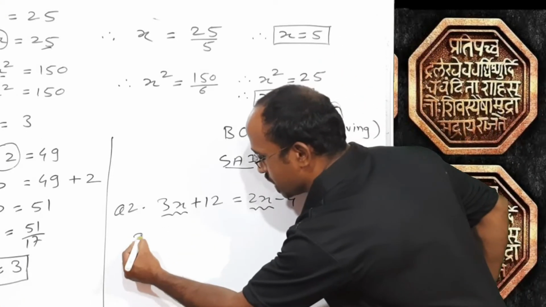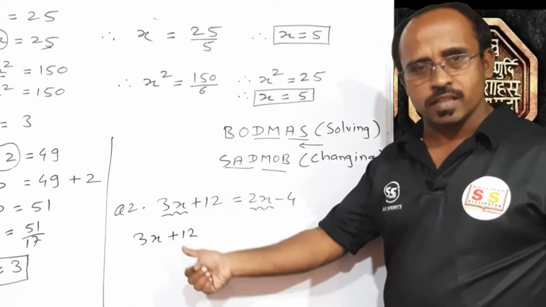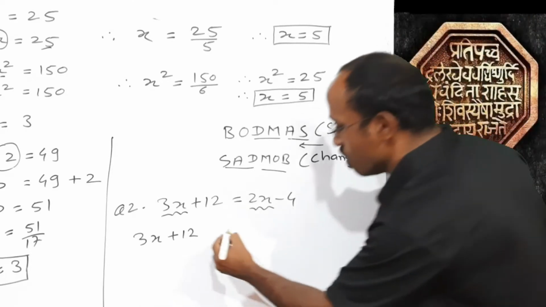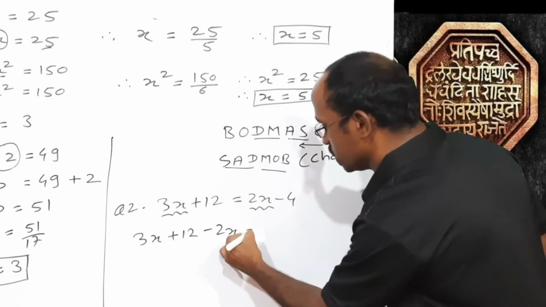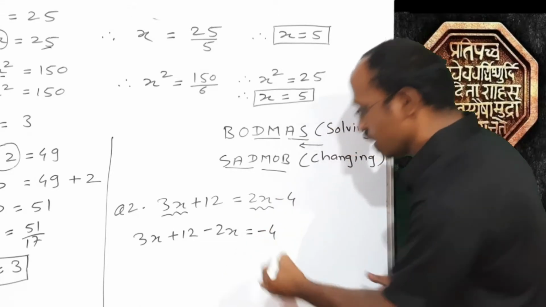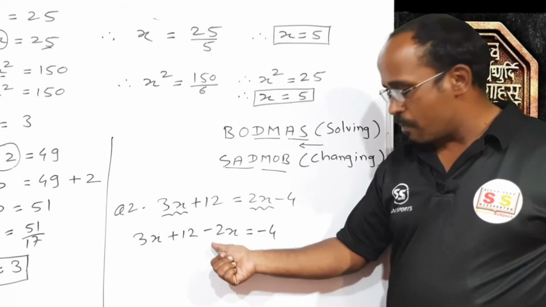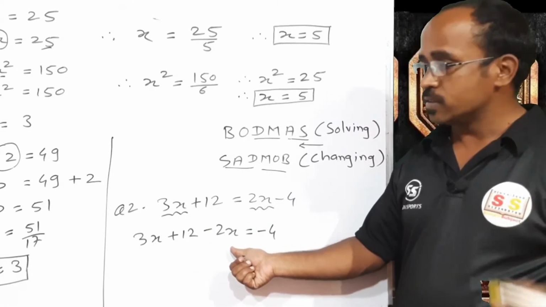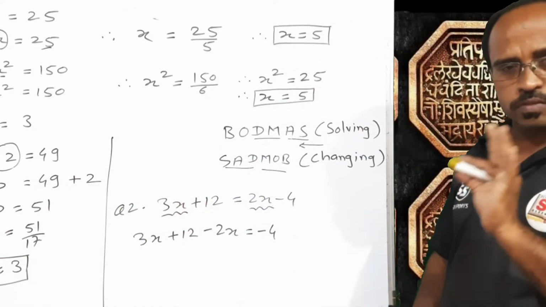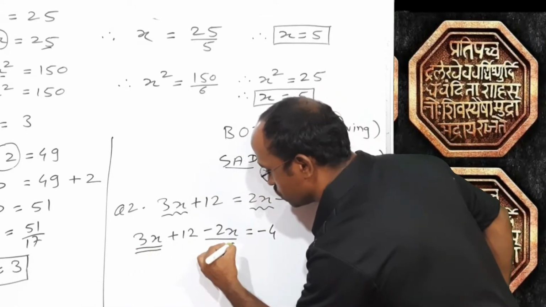So on the left hand side, what is there? 3x plus 12. This 2x, after changing side, what is this 2x? It is plus 2x. So after changing side, it will become minus 2x, which is equal to, so what will remain on the left hand side? Only minus 4. Clear, students? So on the left hand side, 3x plus 2 was there. It will join with minus 2x. Done. Once again, according to the logic, on the left hand side there should be variables only, numbers with variables only, means left hand side deserves only 3x and this minus 2x.